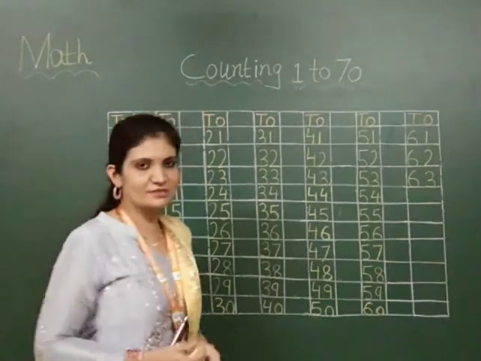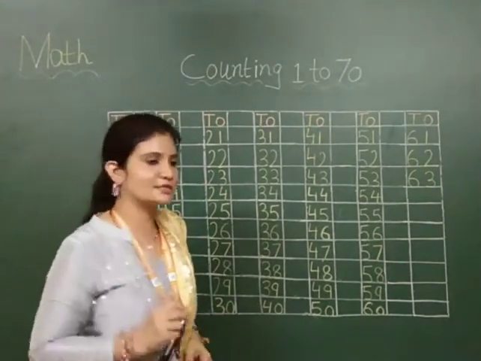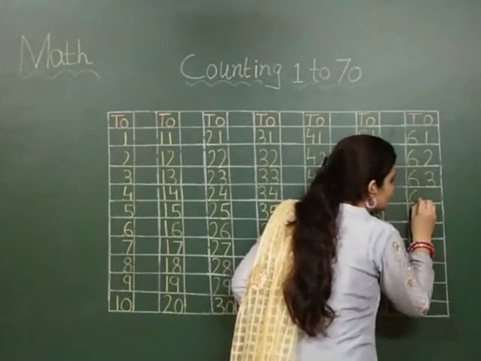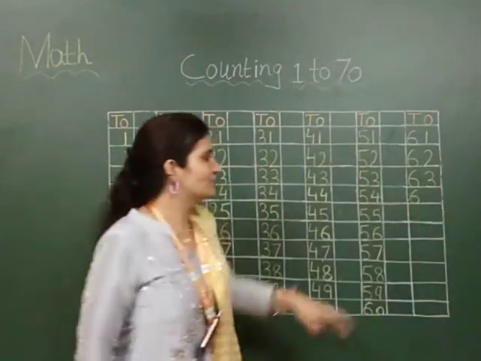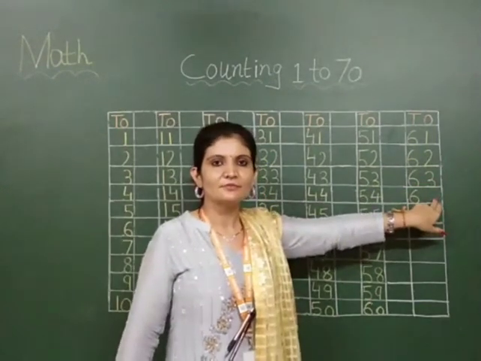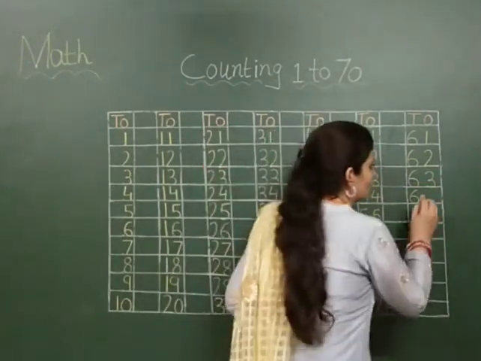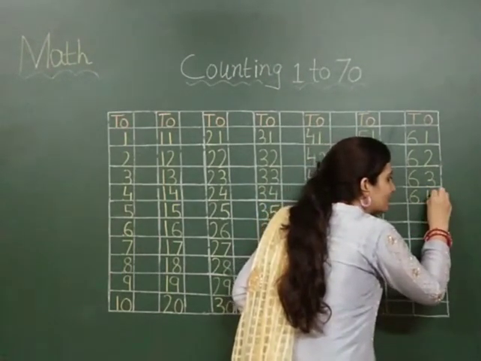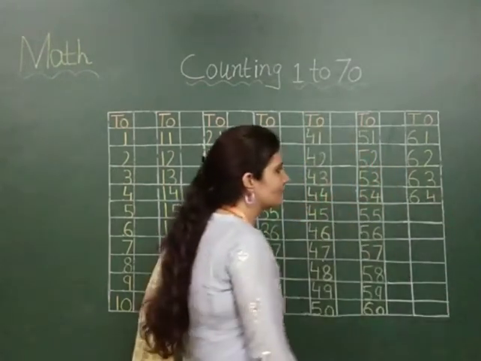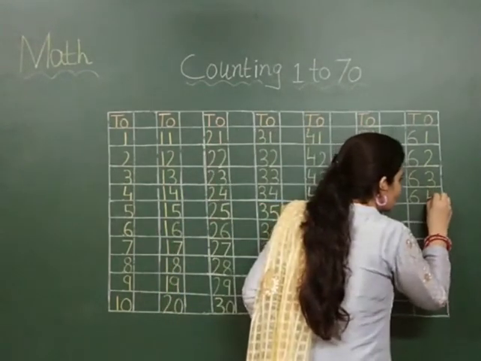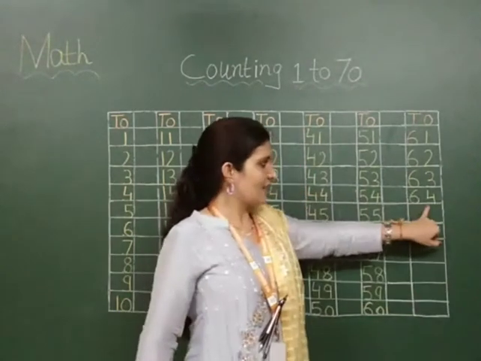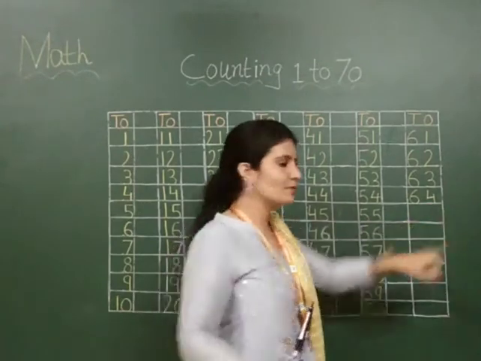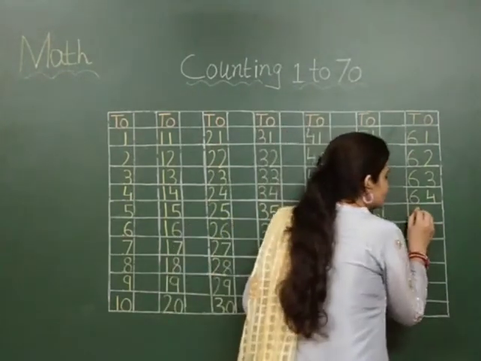Now which number come after 63? It's 6, 4, 64. So first you have to write 6 here like this. And then after 3 which number will come? It's 4. Okay. Then you have to make 4 here. First standing line, then sleeping line, and then again standing line like this. Okay. It's a 4. Okay. Now 6 and 4. 6, 4, 64.